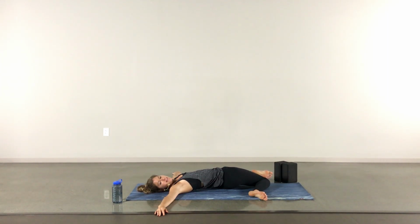A few rounds of breath. So get comfortable, make your adjustments, and then just try to focus on relaxing. Maybe notice what comes to mind in a passive posture like this. And just notice, try not to dwell. Within the next round or two of breath, we'll make our way back